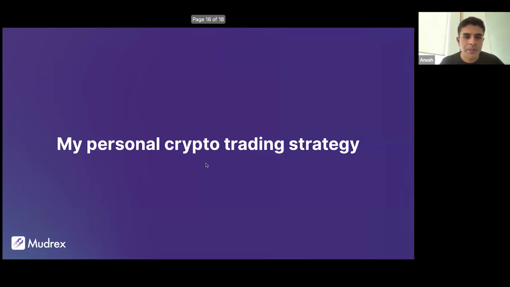Now, this doesn't mean that there's no opportunity in these smaller caps. There is, but I prefer to allocate the majority of my money to assets I trust more and that have a stronger long-term narrative. So I would say that is my approach. And if there is any takeaway that I can leave you with, it's that your strategy doesn't need to be overly complex. It just needs to be consistent and aligned with your personality and your goals.